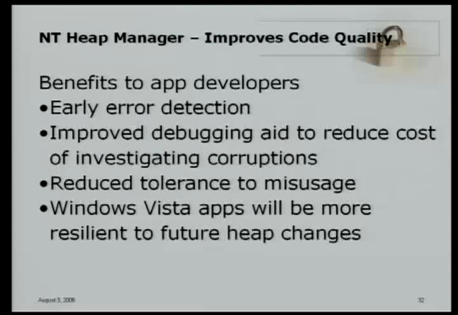Okay, going back to the slides, I'd like to raise awareness that the heap manager can also be seen as a tool for increasing code quality. All these early detection methods, everything that was done before, actually helps people find bugs much earlier in the